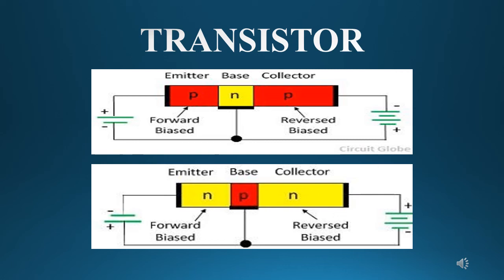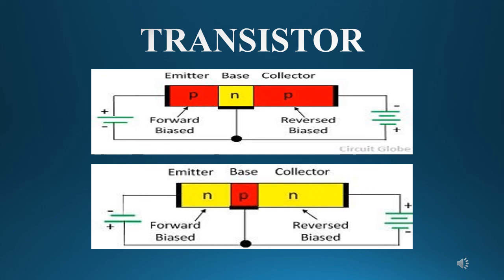So emitter, base, collector. Base is p-type and others are n-types. So base-emitter junction is always forward bias because base is connected with the positive since it is p-type, and emitter is connected with the negative because it is n-type. And base is common. Another junction is base-collector, and this junction is reverse bias. Collector is n-type, so connected with the positive of the battery, and base is p-type, so connected with the negative of the battery. So two circuits around two depletion layers.